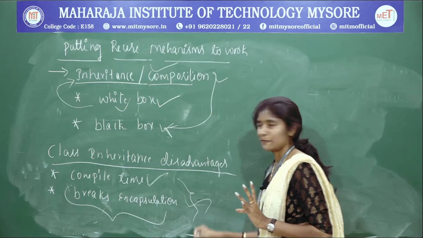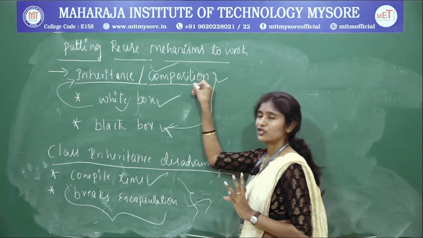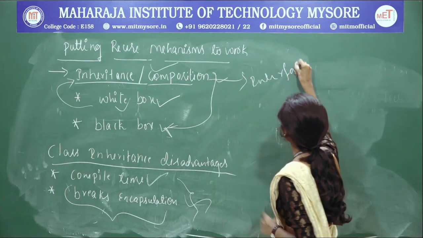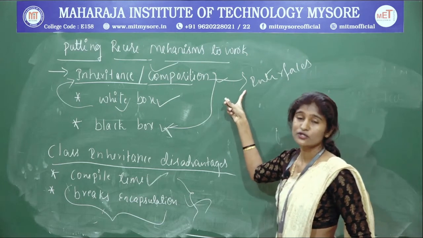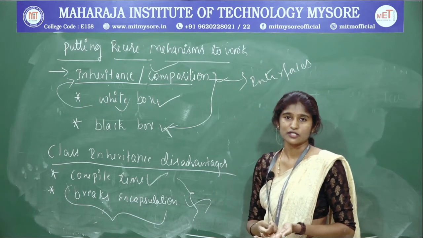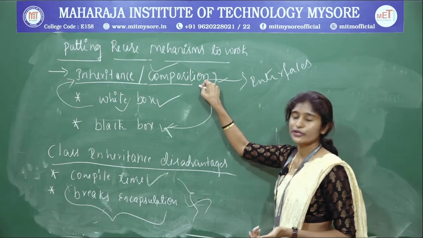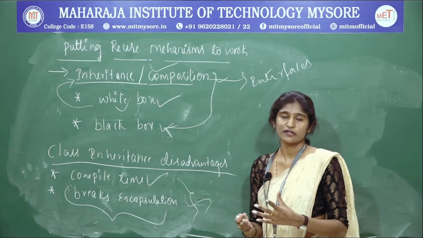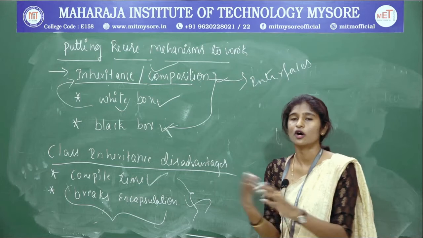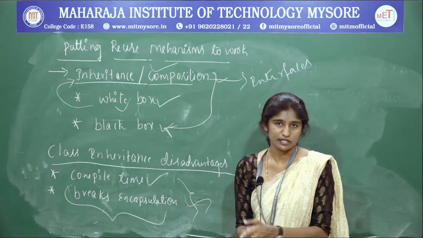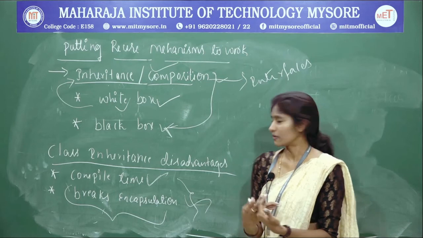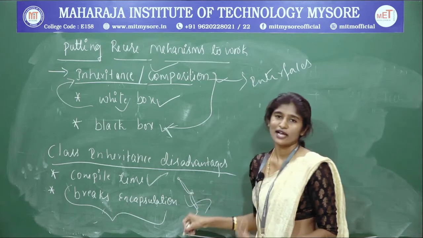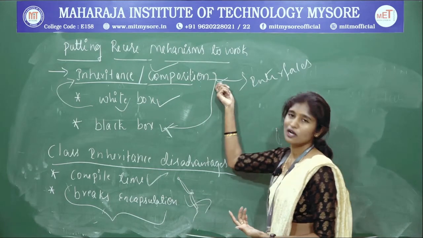And then coming to breaking encapsulation: no, composition is not going to break encapsulation. Why? Because it acts upon the interfaces. So how can it be exposed to the other elements? That is why composition is not going to violate the encapsulation rules. One object uses the interfaces of another object, and they communicate with each other, so there is no violation of the encapsulation rule. That is why I framed the disadvantages of class inheritance as the advantages of composition.